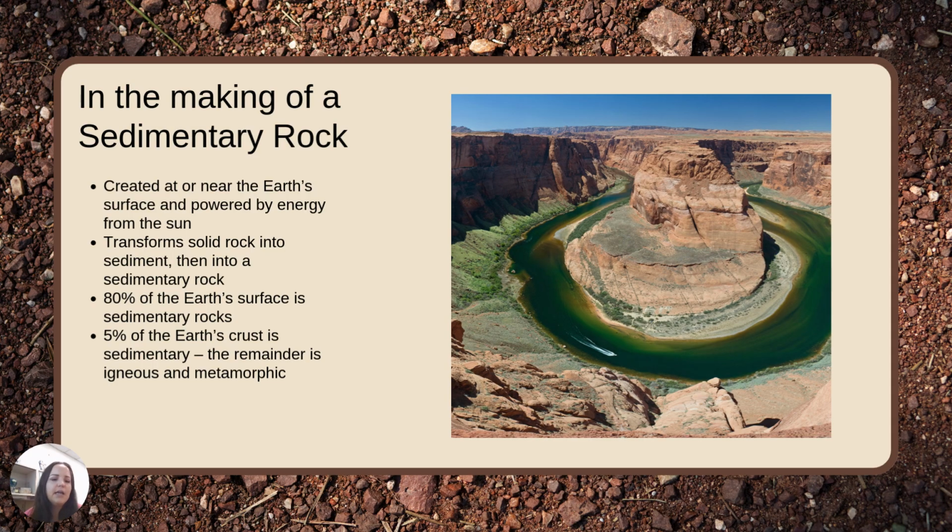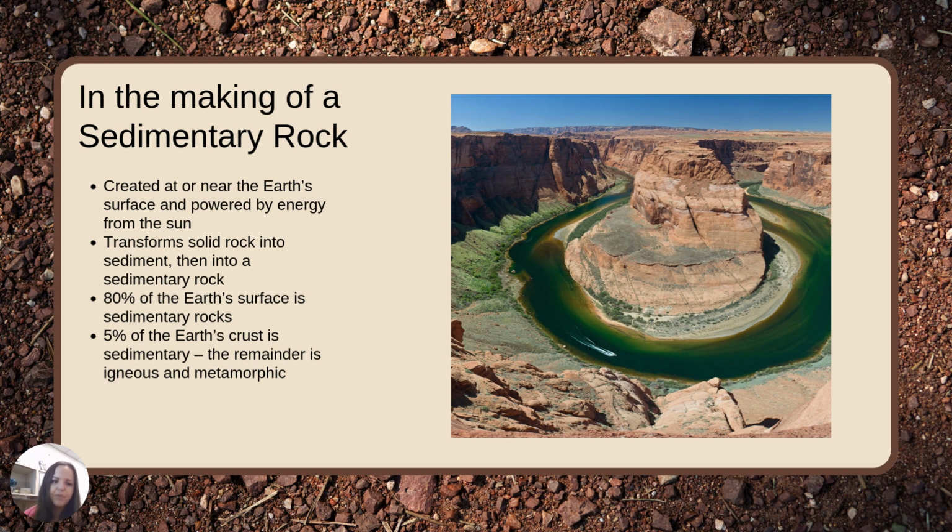So sedimentary rocks are created at or near Earth's surface. In fact, 80% of Earth's surface is sedimentary rocks, whereas a majority of the Earth's crust overall is igneous, because igneous includes magma and lava that's molten rock. But sedimentary rocks and, for example, metamorphic rocks are not either of those things. So they make up a much smaller part of the Earth's crust overall. So only about 5% of the Earth's crust is considered sedimentary,